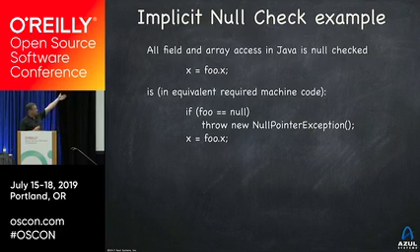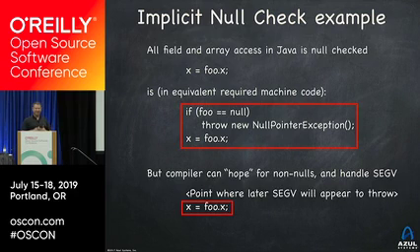Every time you execute a field get in Java, what you're actually doing implicitly is that: if the reference is null, throw a null pointer exception, but otherwise do what I told you to do. If we actually had to go and check everything we access for a null, it would be slow. We would be checking a lot of nulls and doing a lot of ifs that don't happen. Well, the runtime doesn't actually generate this. What it does is generate code that says, that's probably not going to happen. What's the worst that'll happen? Well, the worst that'll happen is you'll give me a null, and then I'll take a signal, a segv and a segbus. But wait, I can catch that.